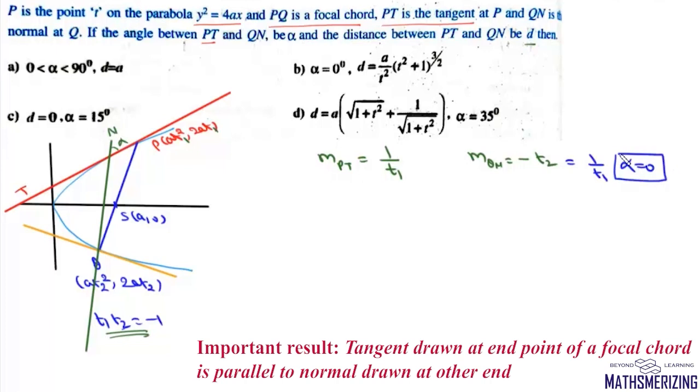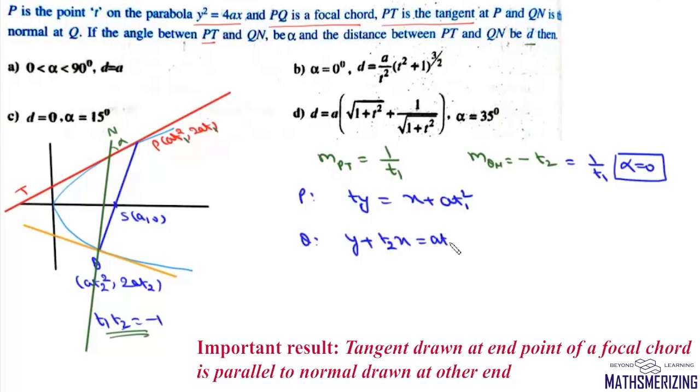Now if the value of alpha is 0, then we need to find the distance between these two lines. So we know that the equation of tangent at this point P will be t1y equals x plus at1 square. Now what is the equation of normal at point Q? The equation of normal at point Q will be y plus